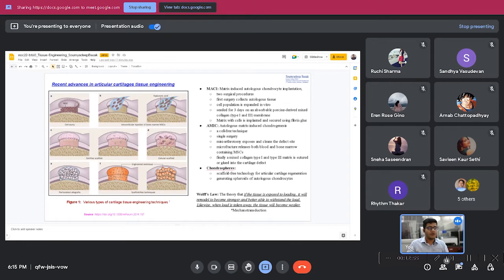Okay. Now, another form is the AMIC, that is the autologous matrix induced chondrogenesis. It is a modification of the microfracture surgery itself. So, microfracture surgery, what do we do? We create small holes in the bone, and the blood and a small amount of stem cells come out. This mechanism is employed here also, but here we also use the matrix. Again, the matrix support is used so that the cells can have proper support for differentiation and growing